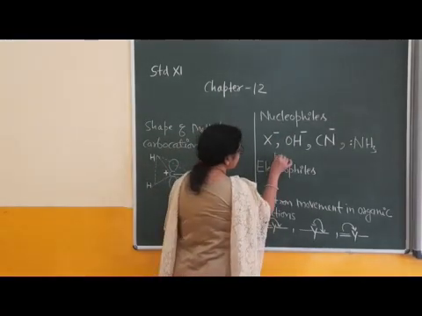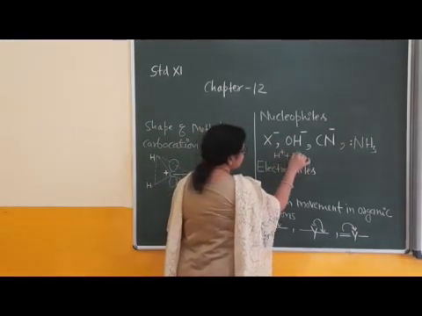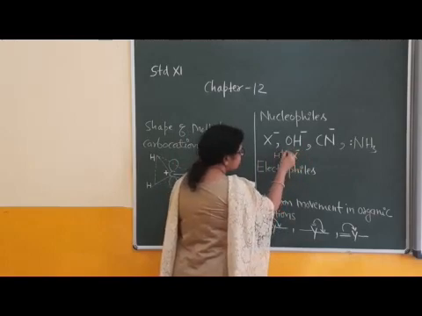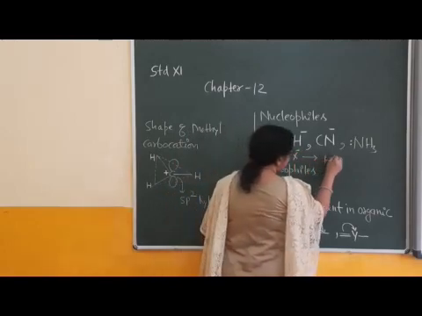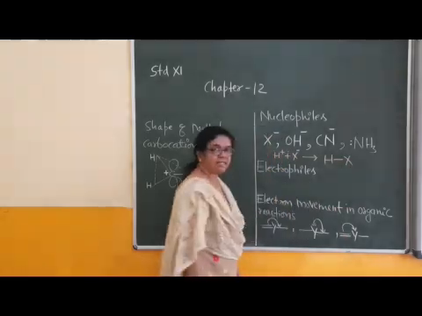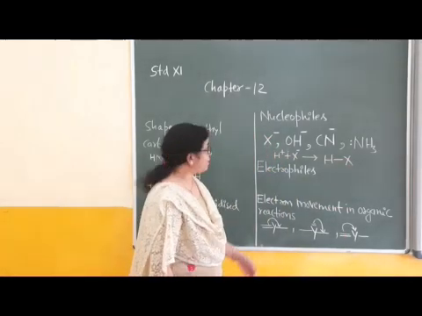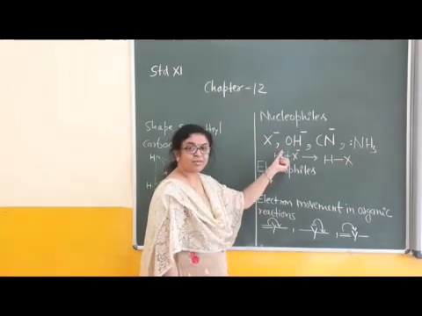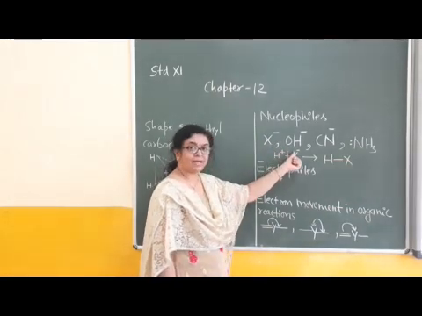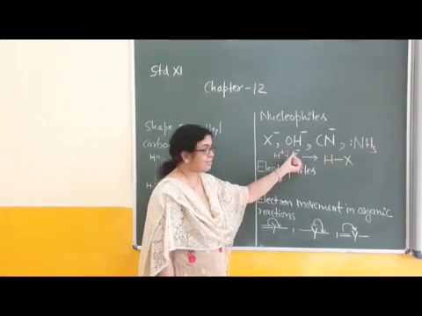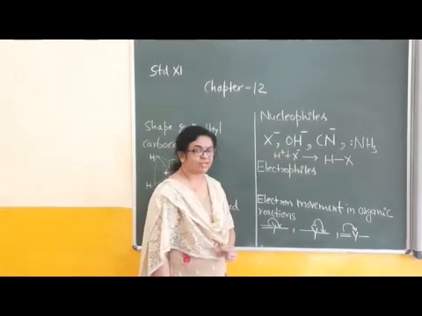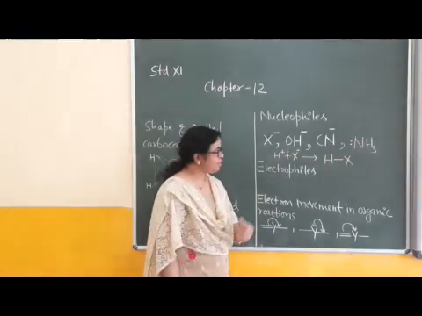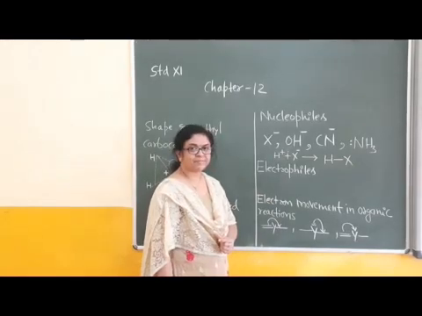Reaction between positive ion and this negative ion, then formation of a new chemical bond, and this new chemical bond is the HX bond. Attraction of negative center towards positive. One is electron deficient, second is electron efficient, right? The sharing of this one lone pair of electrons between the two and formation of a new chemical bond.